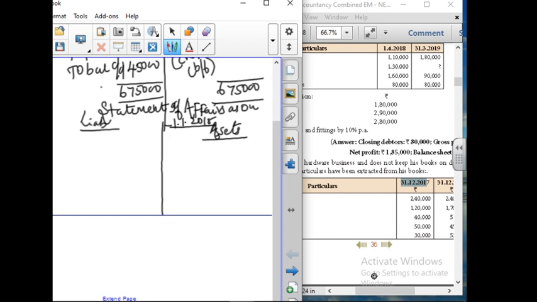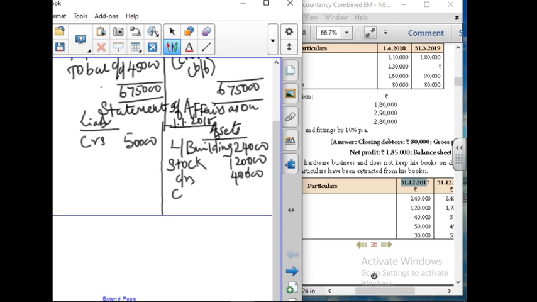So under the liability side, we'll write it as creditors, that is 50,000. And land and building, it is 2,40,000, and stock, it is 1,20,000, and debtors amounted to 40,000. Just look into the question. All these informations are first information. So cash at bank is